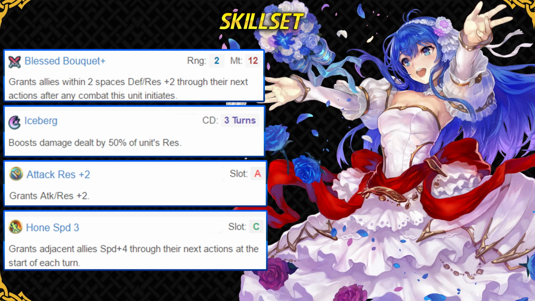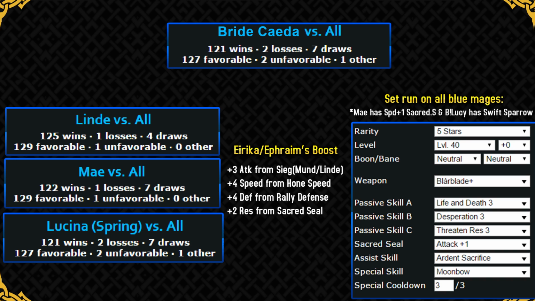Now let's move on to the juicy part about her, and the juicy part is that she can become a very good Blade Tome user and pretty much become the 3rd best blue mage in the game like I've said before, and this is her matchup chart after getting the standard boost from Erica or Ephraim, and it also has the comparison with other blue Blade Tome users, and she's actually pretty similar to Bunny Lucina, but I would say